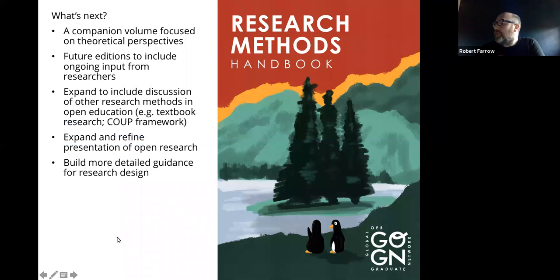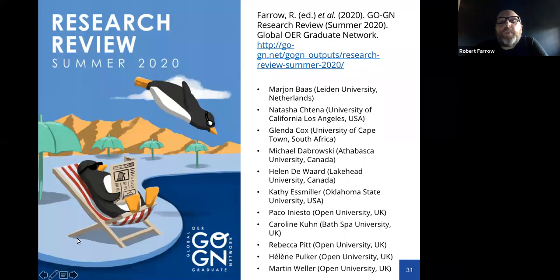Next year, we're intending to produce a companion volume, which will be based more on theories. So a bit less practical, a bit more explaining how these theories map onto open education research. We're also considering doing an expanded second edition. So for instance, at the moment, there's no content around textbook impact research or COOP framework stuff, but it could easily be incorporated. And we've also got more researchers that didn't contribute to this version, but we could bring in. And there's a lot of potential here to create an even more useful tool going forward. And this in itself, I would take to be a sort of open practice. We also have